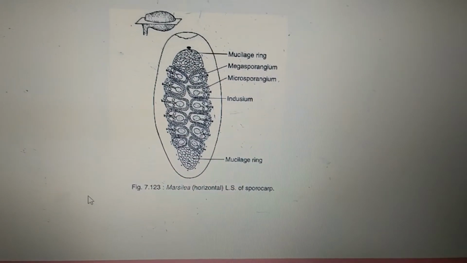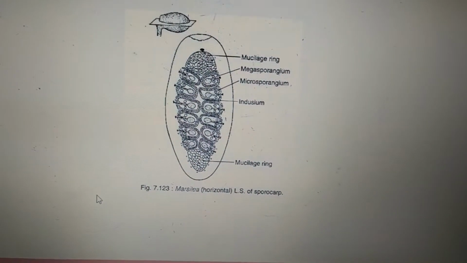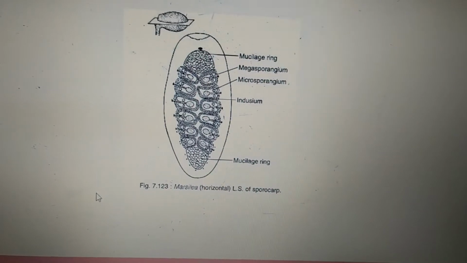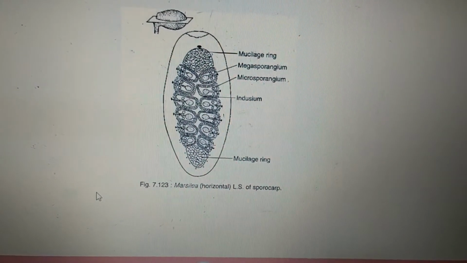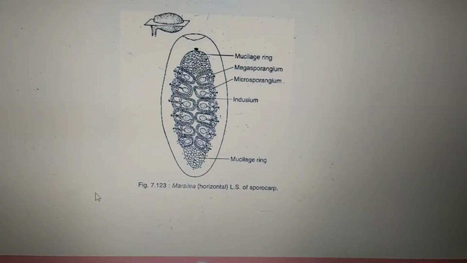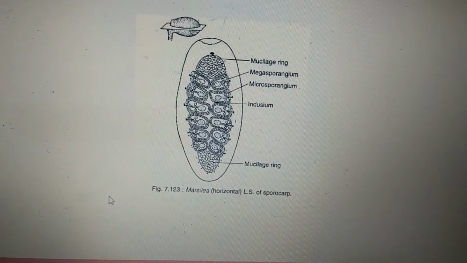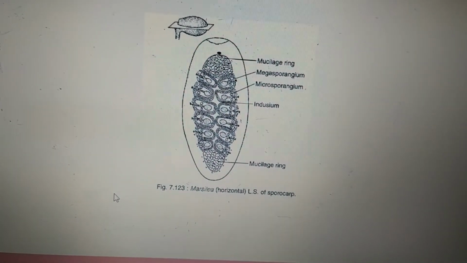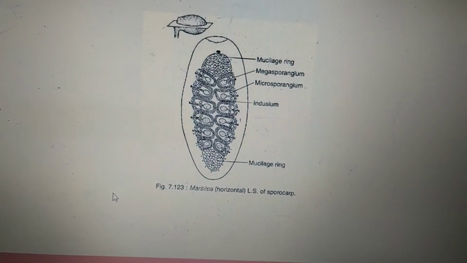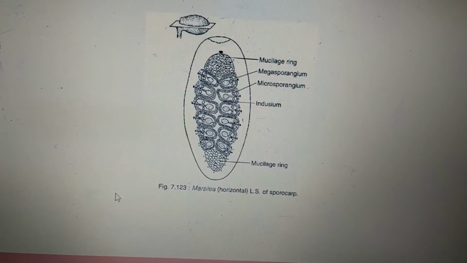We'll be discussing the development of sporangium in the case of Marsilea. Sporangial development is of the leptosporangiate type. Leptosporangiate, in the sense that in the development only single cells are involved. When a group of cells is involved, it will be eusporangiate type. But sporangial development in Marsilea is leptosporangiate type.